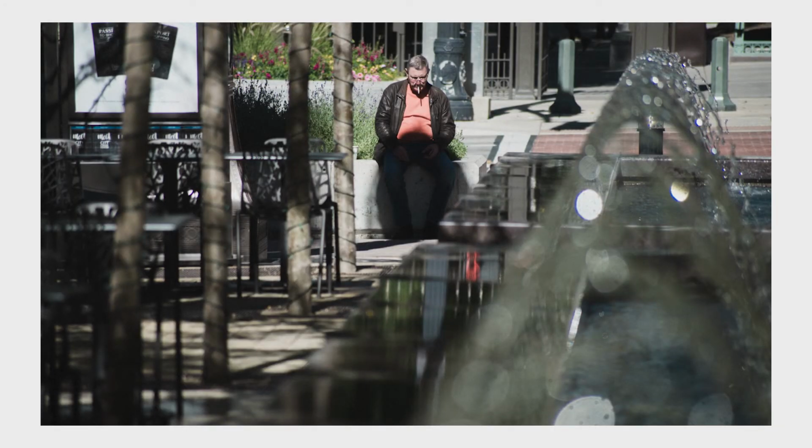With this scene, I hung around for a while, focused on this older man, and waited for the right moment to happen. I think the type of shooting I was doing here helped in this situation because I was far enough away that I was not intrusive to him. I was able to allow him to remain uninterrupted and continue to do whatever he was naturally doing, which is what I wanted. I captured a few shots here, and compositionally I wanted to work the fountain into the shot,